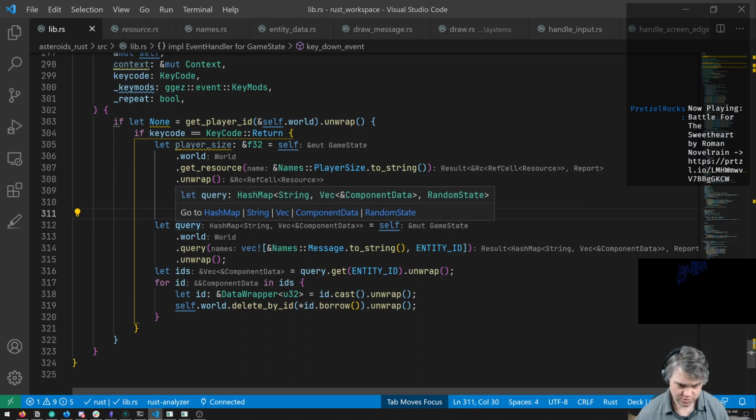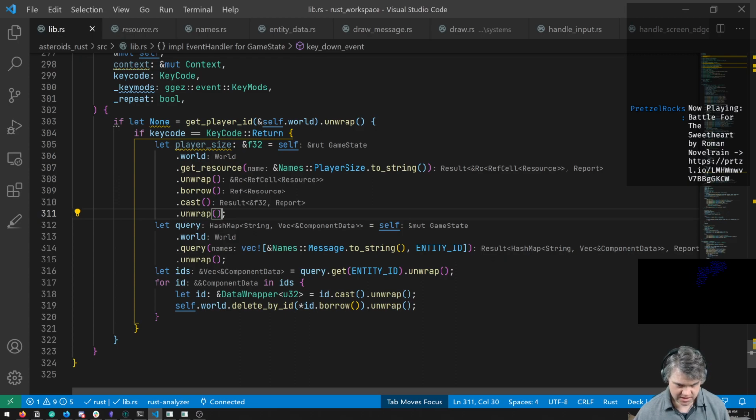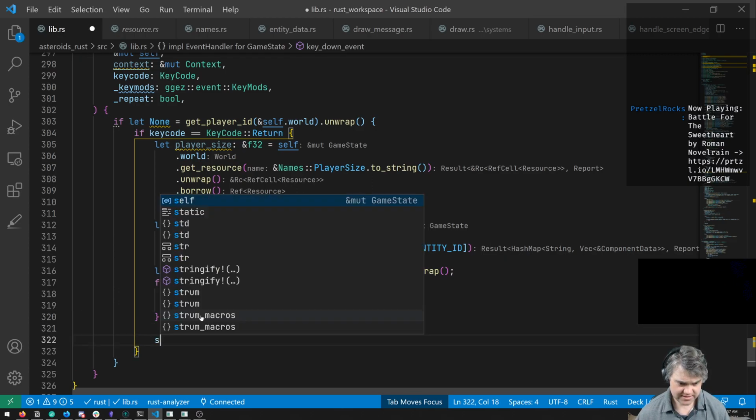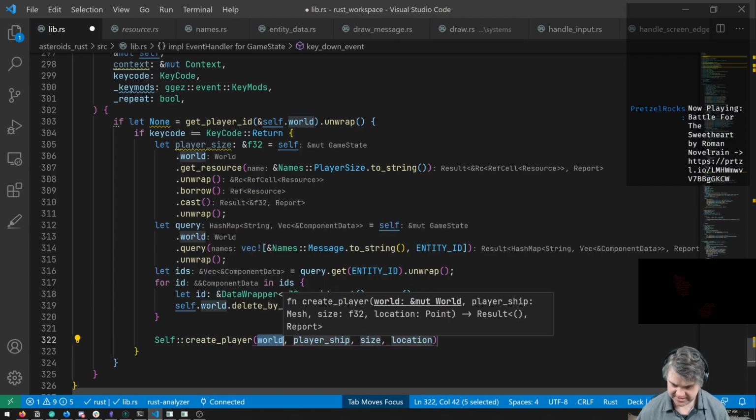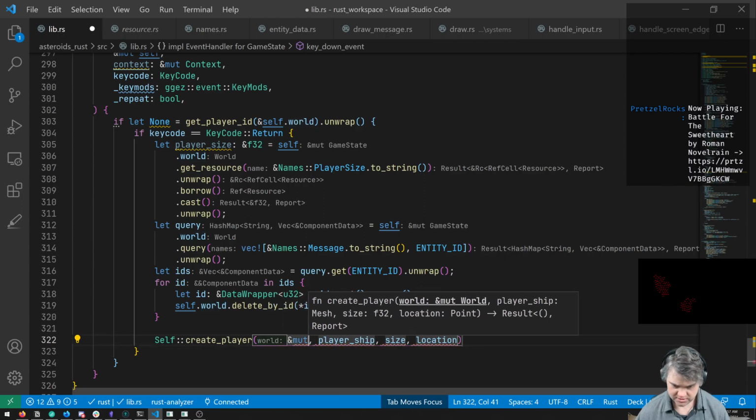then here, okay, so query, we get this. Okay, so for ID, we delete that, and then we need to create self, create player, hand it a mutable reference to the world.